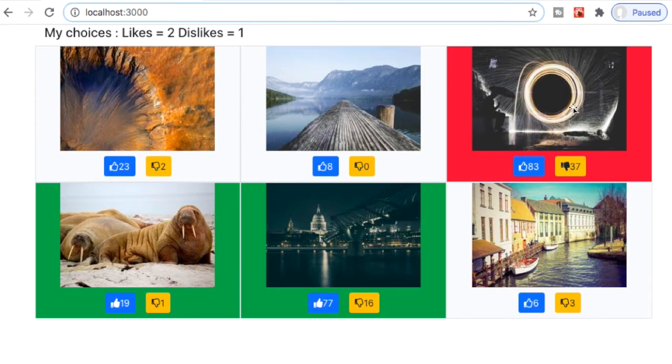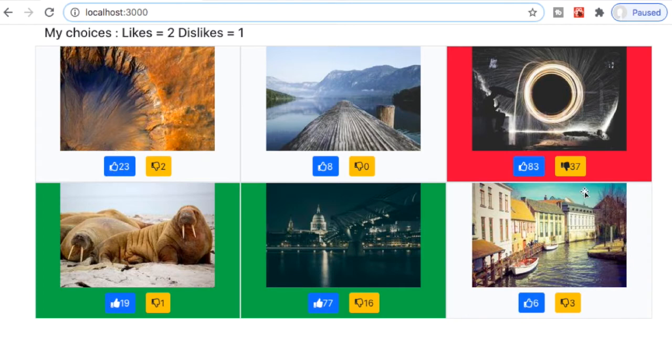So these are the photographs that we have displayed. Below that, we have shown the like and the dislike buttons. And when we click on them, the count should get updated. So here, this photograph has neither been liked or disliked. You can only do one of them. This one has been liked. So you can see the difference in the icons.